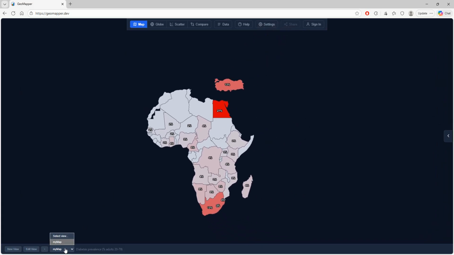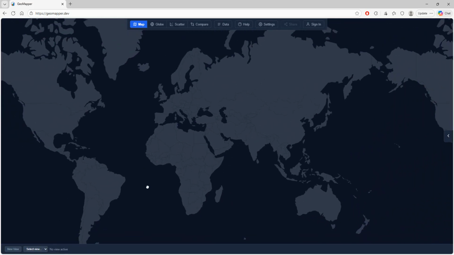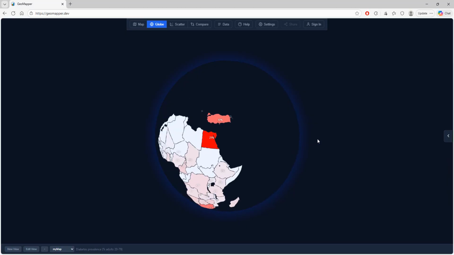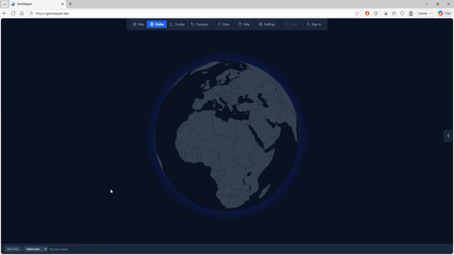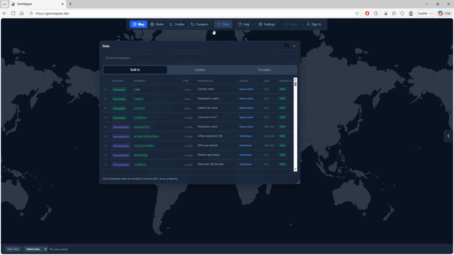So now I have my map over here. I can also, let me just go back to here. I can also show, so I can show my map here. I can also show it on the globe. Okay, so now it's showing that on a globe, which is pretty cool. I also have, let's say, there's time series data as well. So if you click on data here and you see, so some of them have a year, only 1 year,